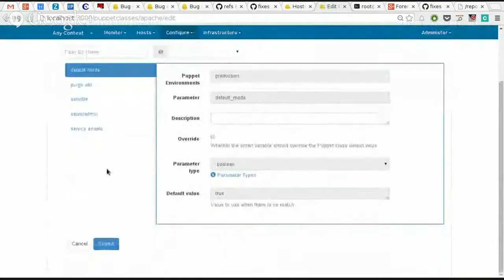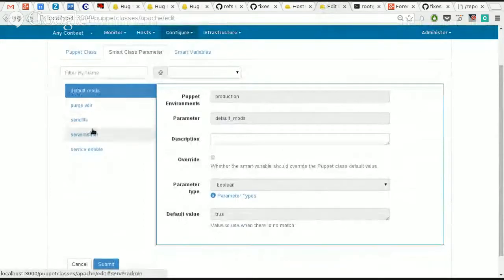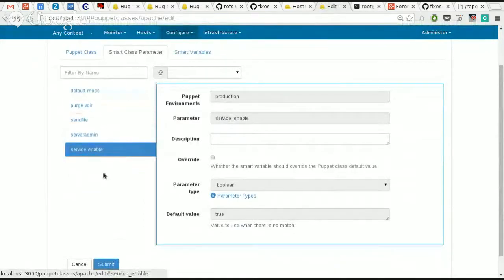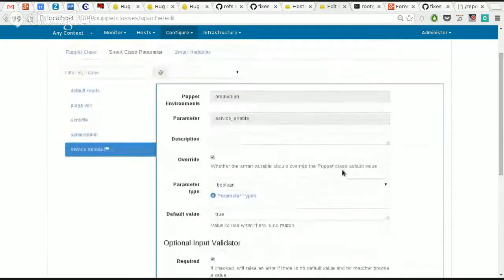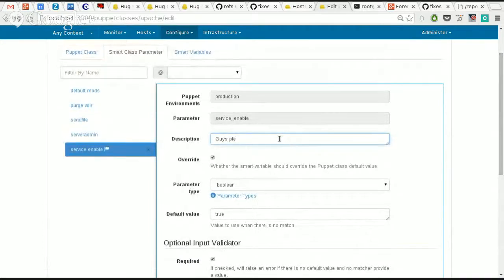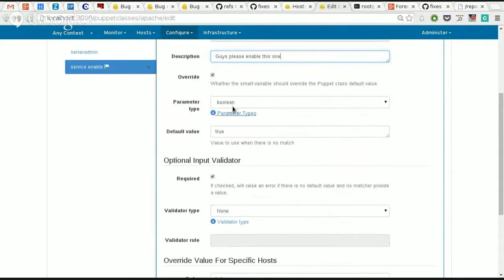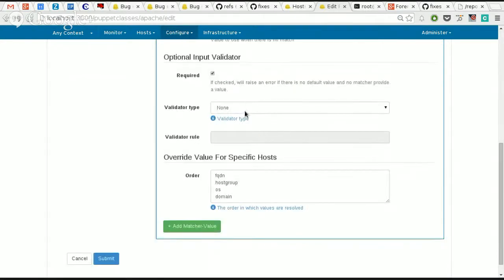Let's say Apache. I think Apache will have much more. Yeah. So let's say, I don't know which one. Service enable, boolean default value true. So we want to allow users to specify this. We can give it some descriptions. So guys, please enable something, so we can override it. So we can allow them to override it. It's Boolean. This defaults, let's say, it's false by default, and we can